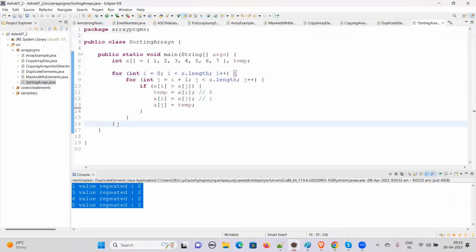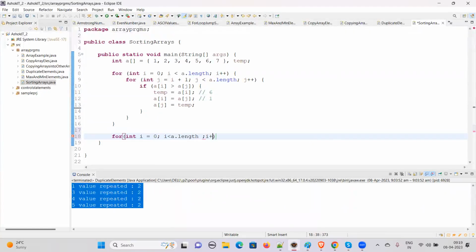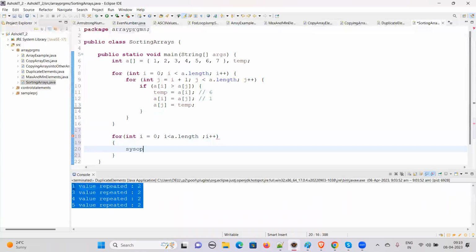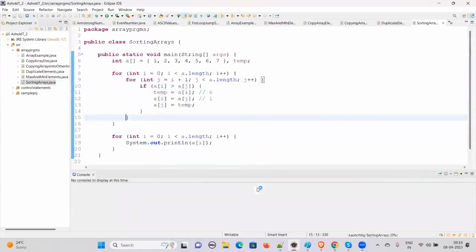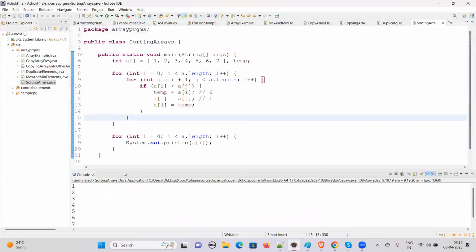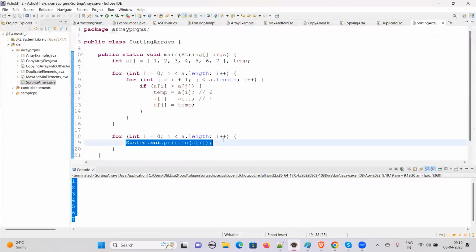So for this reason, I'm going to use another for loop here. I'm going to check the values which are stored after sorting. Got it, right? See, 1, 2, 3, 4, 5, 6, 7. So if I try to print this value here,